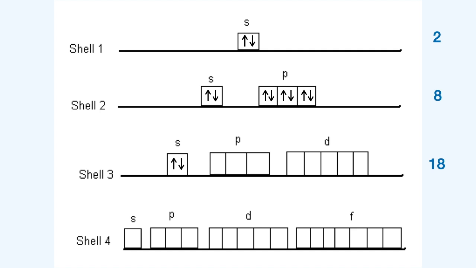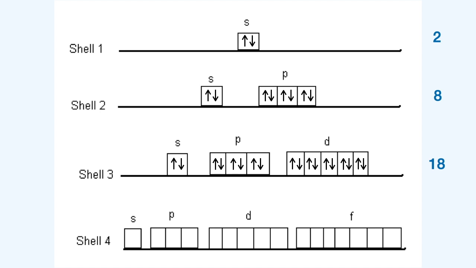So that's 2 for sublevel S. That's 6, another 6 for sublevel P. And then, okay, mapapansin nyo kung ano yung ginawa natin sa sublevel P, ganun din ang ginawa natin sa sublevel D na inuna muna nating i-fill in lahat ng orbital ng D before we go back to the first orbital again for the opposite spin. Finally, for energy level number 4 or shell 4, we have 4 sublevels S, P, D, F